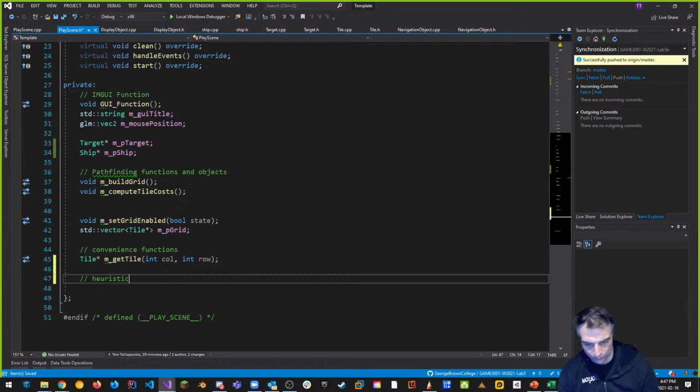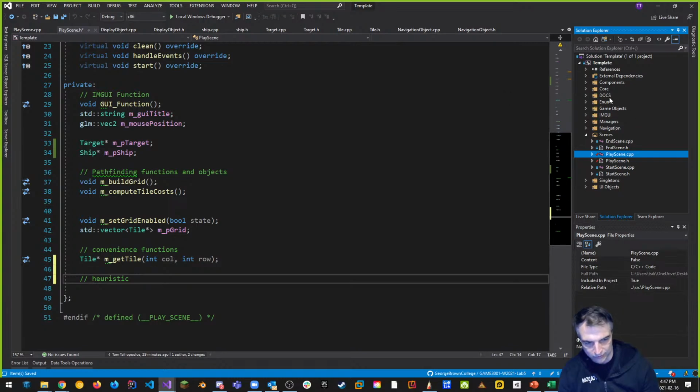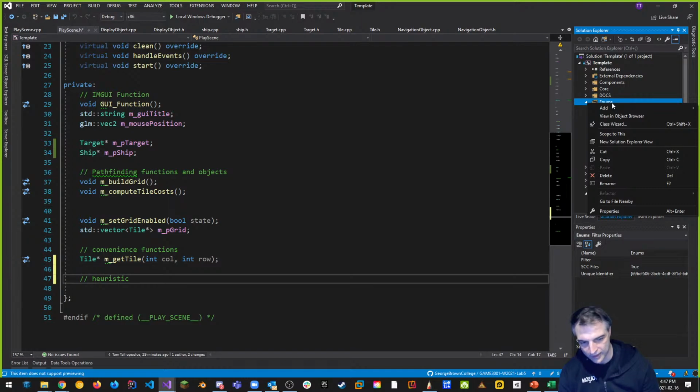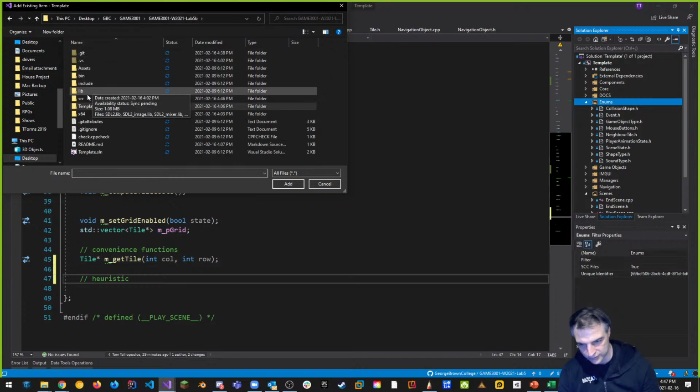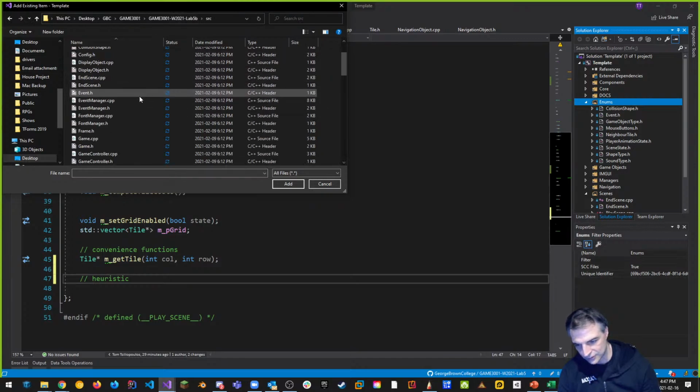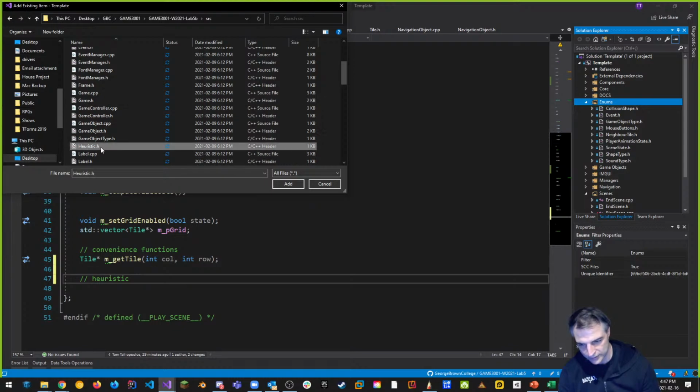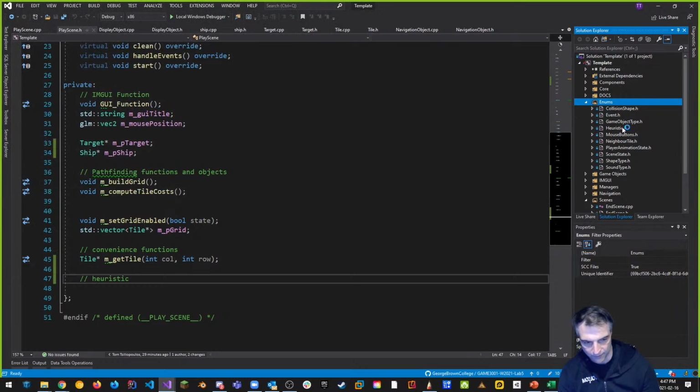So it's going to be something called a heuristic. Right now I have one or the other. I have to hard code it. I don't want that. And I want to create an enumeration to help me. So I already have it, by the way. You already have it. All you need to do is go to enums, right where it says enums, right click, and then I want you to add existing item, please. Go click add existing item. It's already there for you. And if you look inside the right folder, which is inside the src folder, then you're going to scroll down to where it says heuristic.h. Please select heuristic.h and click add. And it's going to add in this file,